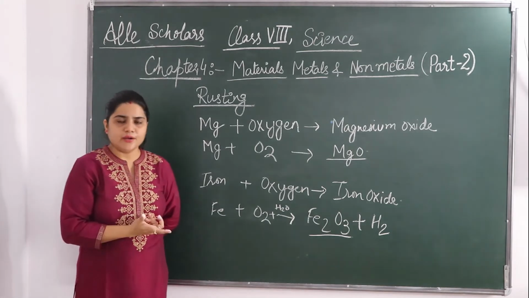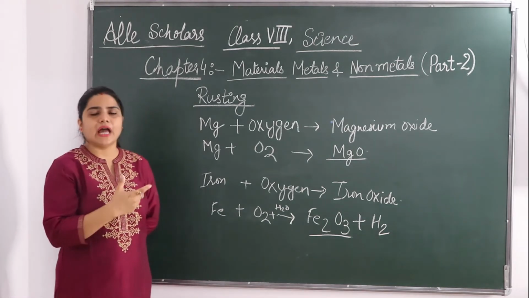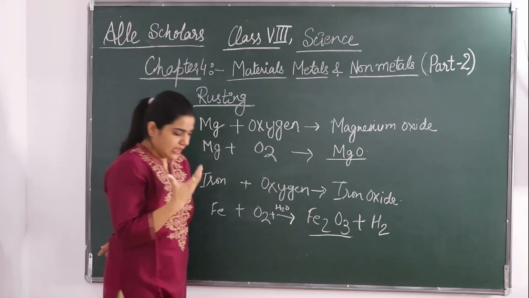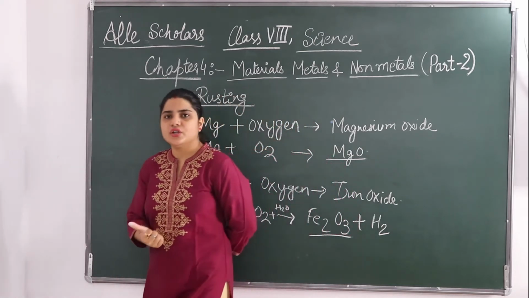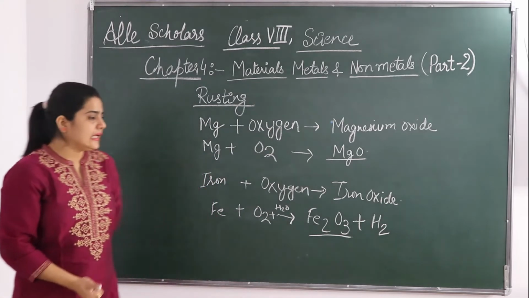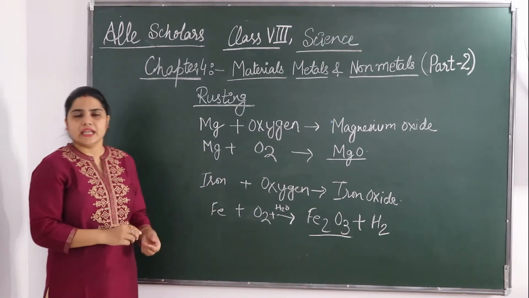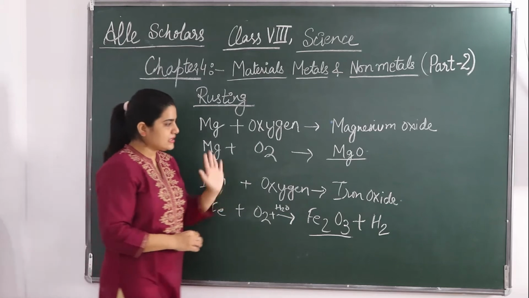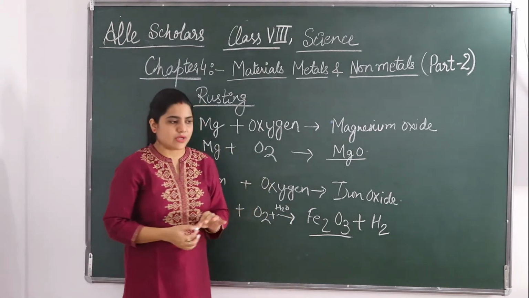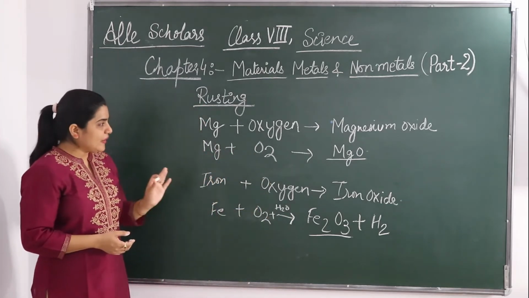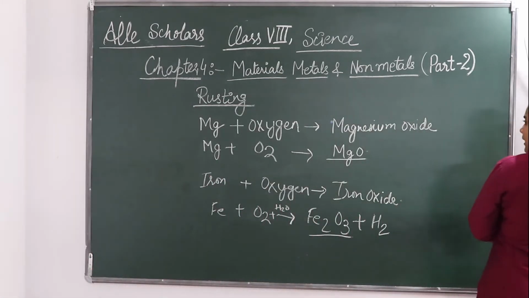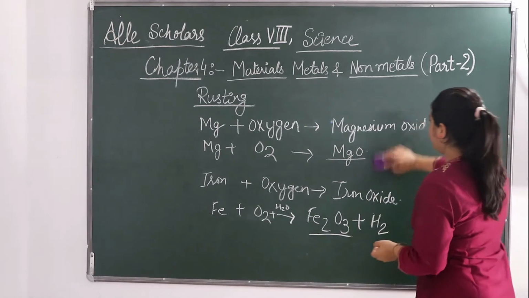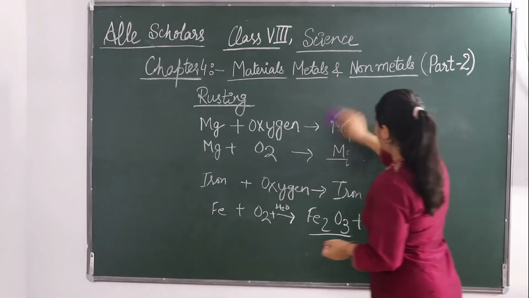When you shake it, just take litmus paper. Take a red and blue litmus paper, drop it and see. What do you observe? Is the solution acidic or basic in nature? What you are going to see is that the solution is basic in nature. Means it is going to turn the red litmus paper to blue. So what can we say that rust basically is? If somebody asks you to define rusting or what is rust,